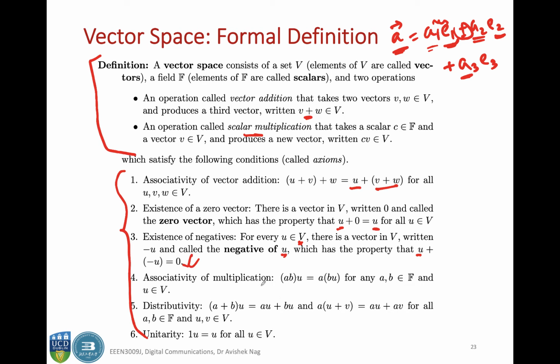Then you should have the associativity of multiplication. For any two scalars a and b in F, and for a vector u in V, this property should hold. And then we should also have distributivity, and we should also have unitarity. These are the properties, or rather axioms, of a vector space, and the formal definition of the vector space. So now,